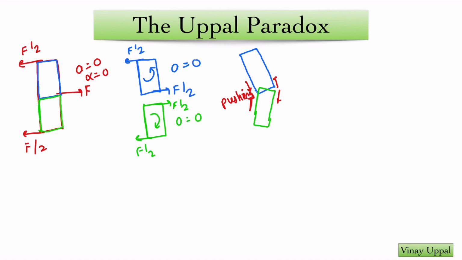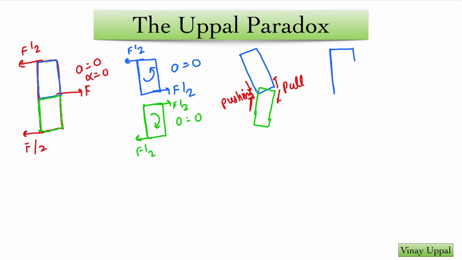They're trying to push in the left half, and in the right half they're trying to pull away from each other. So there will be a tendency to have some compression in the left portion of the rod and some extension in the right portion of the rod. It may not be visible for a rigid rod, but that will be the tendency, and therefore there will be internal stress forces generated. Let's have a look.